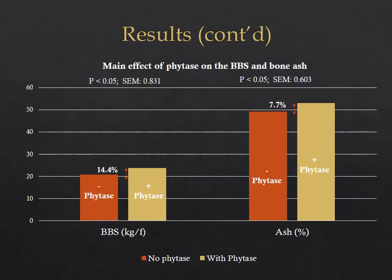Now, here's a chart showing the main effect of phytase on the bone breaking strength and the bone ash. And in both cases, there was an improvement when phytase was supplemented. And this was expected because as phytase hydrolyzes phytic acid, more phosphorus is released alongside other minerals such as calcium, which are then incorporated into the bones,